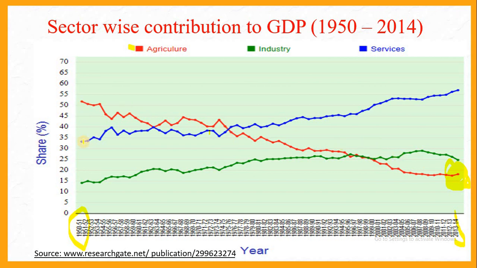You see manufacturing is actually given in green, isn't it? So manufacturing is actually increasing slowly, not very fast. Okay, but you look at service sector, 30%, and now it is more than 55%. It has increased much faster than the industrial sector. So this is the contribution of agriculture over the last 70 years, roughly 65 or 64 years.